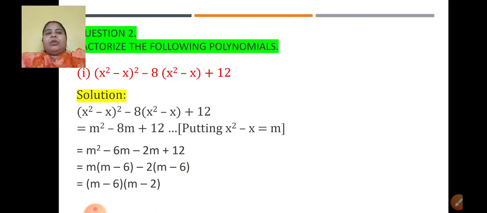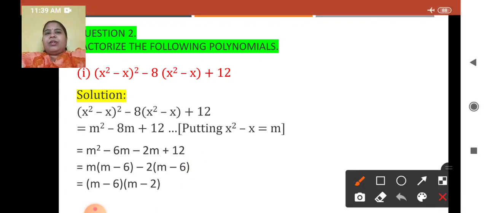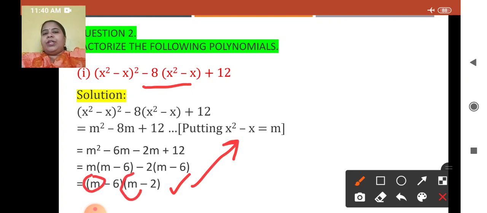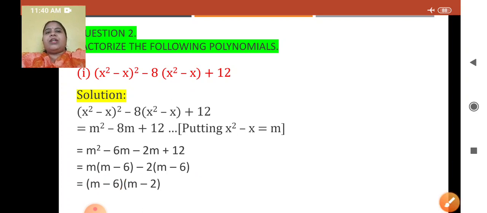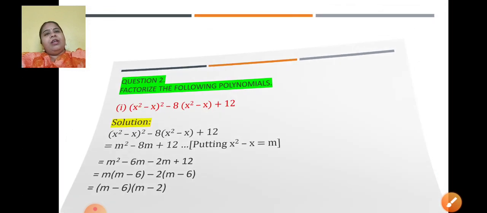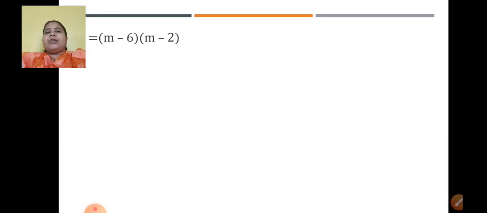Now this is not the last part of the answer. The given question was in x, so the factors also have to be in the form of x. So after getting this, what is the last step? It is to resubstitute the values. Wherever I see m now, I will resubstitute it as x square minus x. I hope you are understanding it. First substitution and then resubstitution. So see here, these are the factors that I have got, m minus 6 and m minus 2. So what I will do, I'll put again the value, or replace m as x square minus x. So once I replace, what will I get?